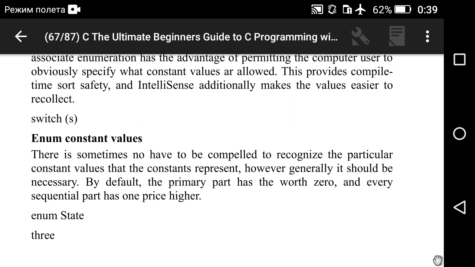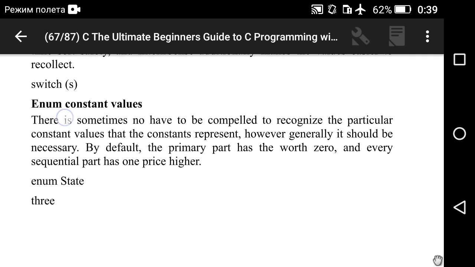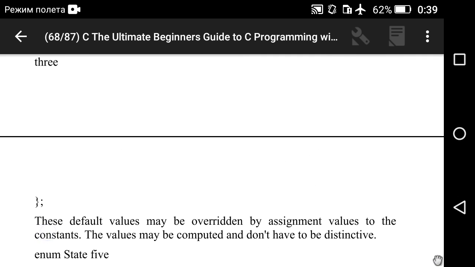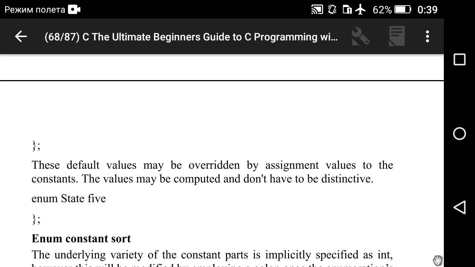By default, the first member has the value 0 and every sequential member has a value one higher. enum State 0, 1, 2. These default values may be overwritten by assigning values to the constants. The values may be computed and do not have to be unique.